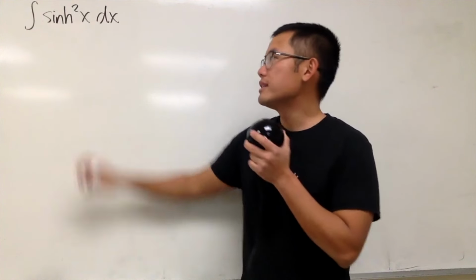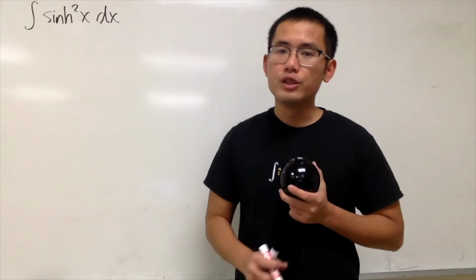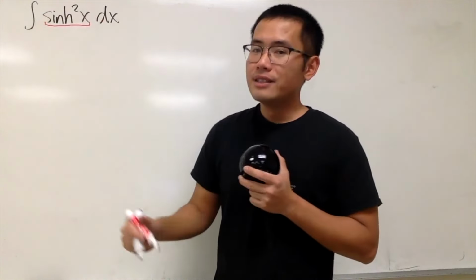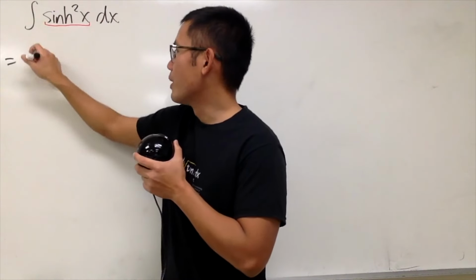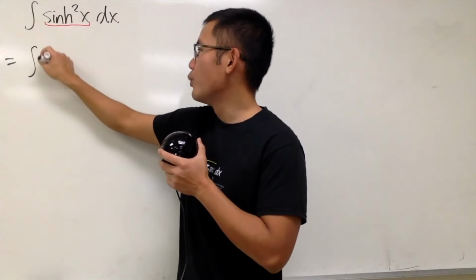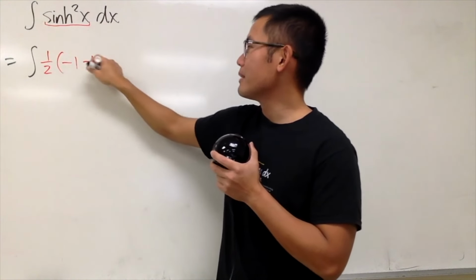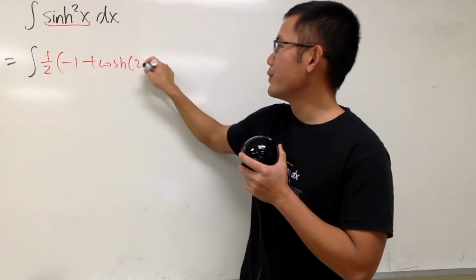Okay, we are going to integrate sinh square x. And to do this, we can just use the power reduction formula. So let me write this down right here for you guys. So here we have the integral, and this is actually the same as 1/2 times -1 plus cosh of 2x,